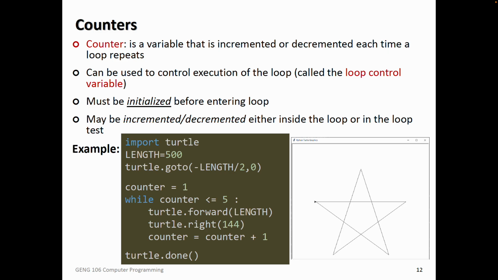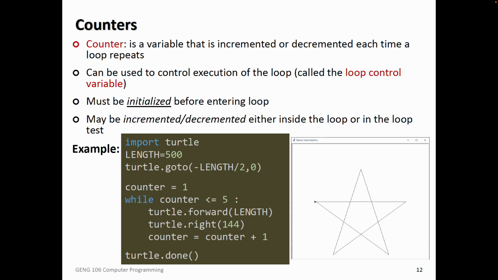And the main goal is that we want to repeat this process a particular number of times using a while condition. So the while condition, while it is a condition-based repetition, I would like to use it to run a specific number of times. How can I do it? Well, again, in this code, we first import the turtle, and then we set the length for each line, and then we go to location